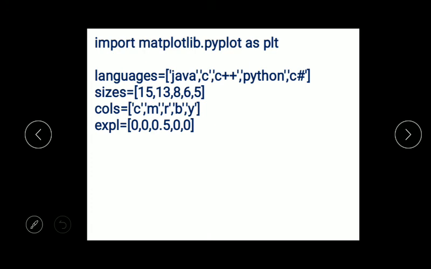Here I am taking the explode values 0, 0, 0.5, 0, 0. That means it will not separate the first part and second part, only the third part, and it will not separate the fourth and fifth. The third arc will move a little bit away from the center of the circle.